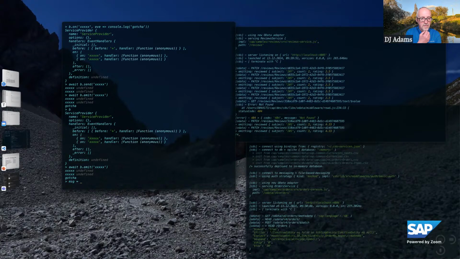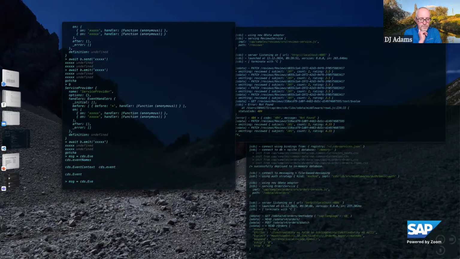Yeah. So let's create a new message, which is a CDS event message. Event. I think I called it only. Yeah, exactly. Just for brevity. And let's say this is your event, and this is your data.